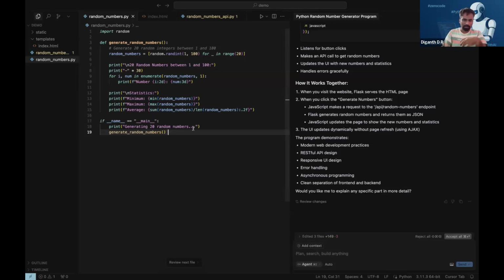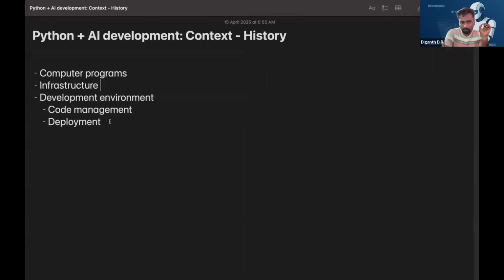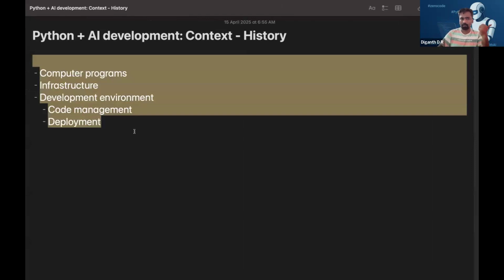And we can add more features. And it's amazing how fast we can build things. So yeah, this is what I wanted to demonstrate. And these are the things that you need to keep in mind: how the computer programs run,